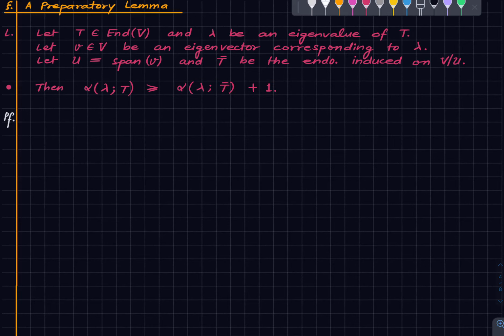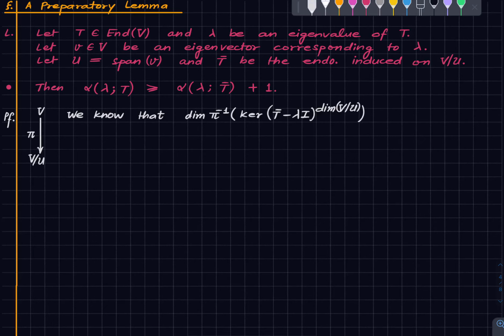Okay, so let's prove this. We will make this arrow just for convenience, not going to help us with the proof or anything, but let us just make this arrow. Now, by something that has been written in the recall, we know that the dimension of the pullback of the space of all the generalized eigenvectors of T bar corresponding to lambda, which is nothing but this space, this dimension is